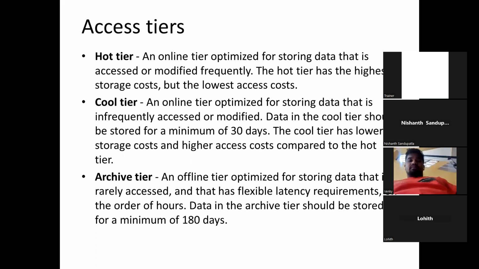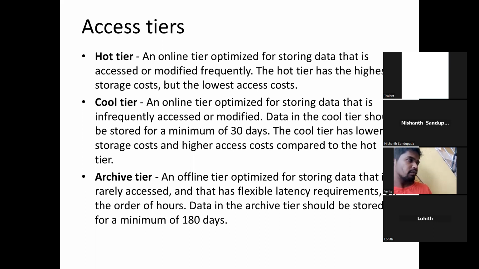As time passes and the earlier data becomes old and is no longer frequently required, I can move it to either the cool or archival tier. That way I can manage my costs, because hot tier costs very high compared to cool and archival.